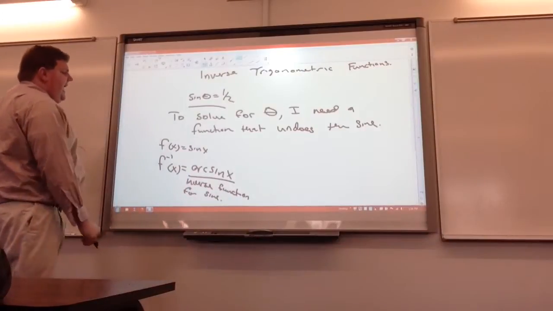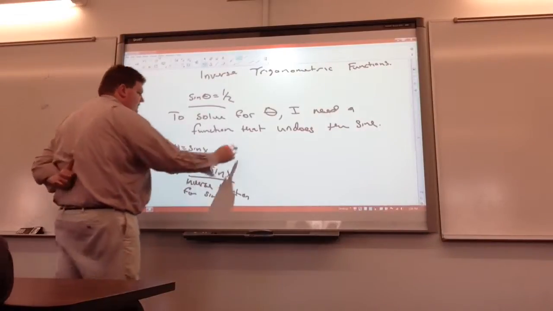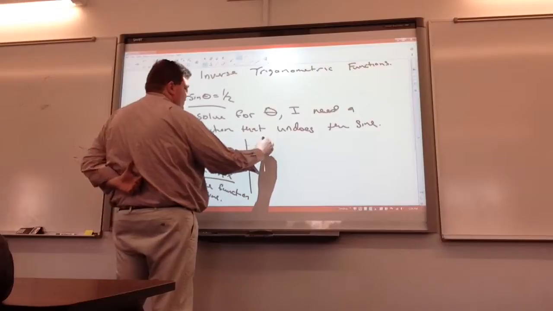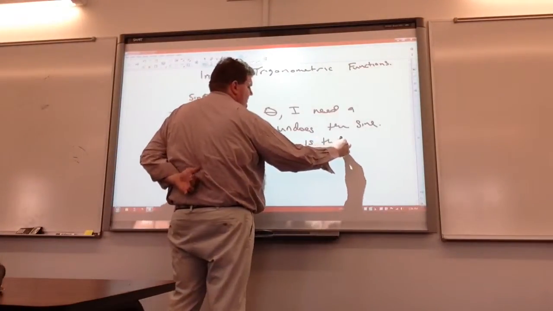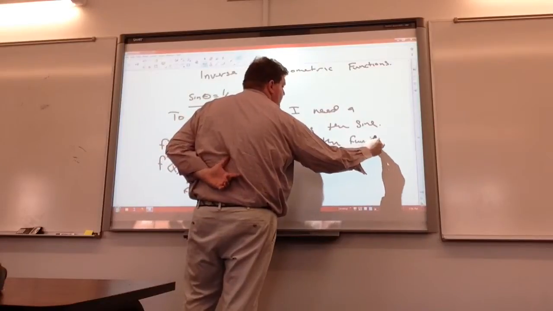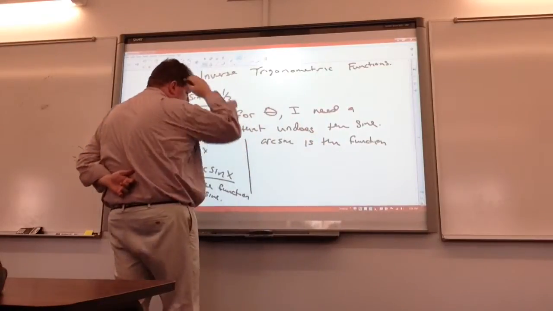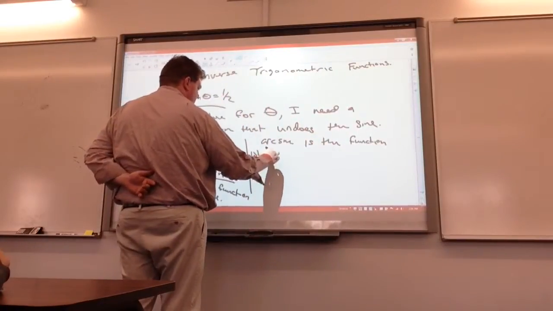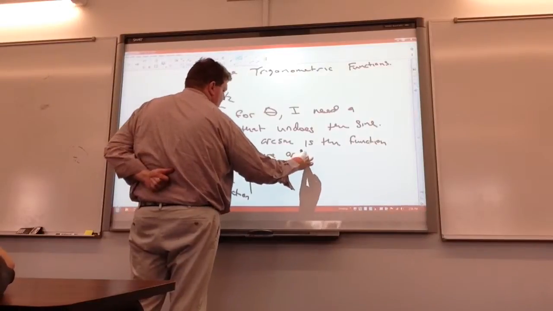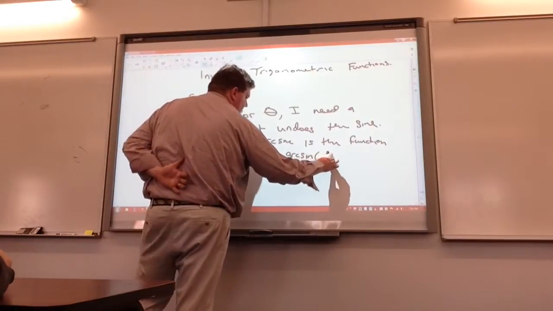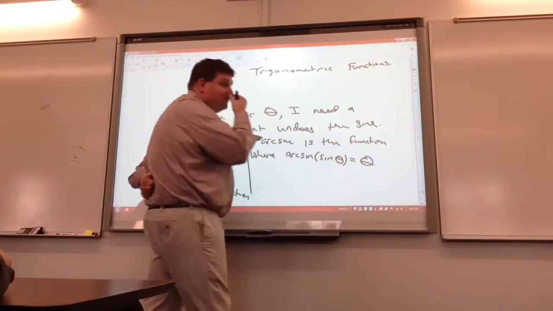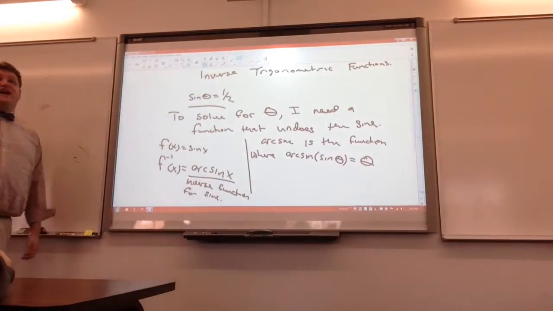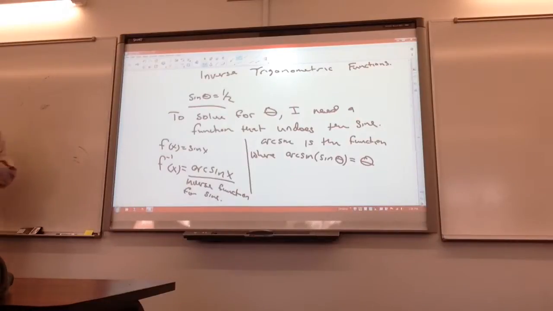And so by definition, the arc sine is the function where the arc sine of the sine of theta would be equal to just theta. So it is the function that undoes the sine. Likewise,